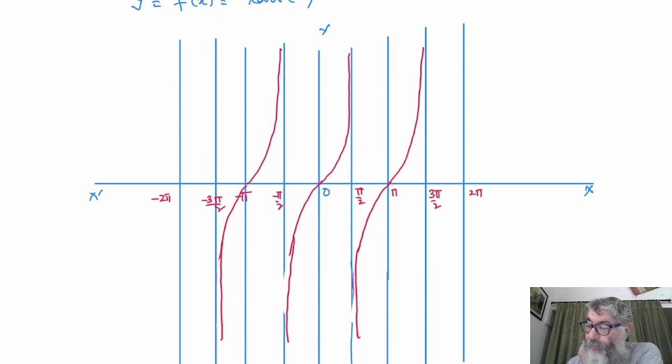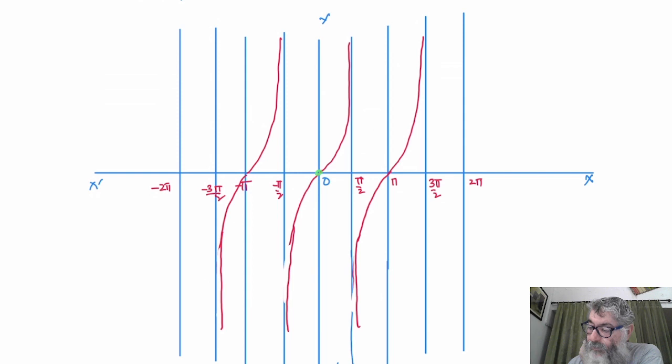At pi it is 0. At how many places is this tan 0? If you notice, tan is 0 here at x is equal to 0, at x is equal to minus pi, at x is equal to plus pi, x is equal to plus 2 pi, x will be minus 2 pi. That means it will be passing through these points wherever it is n pi, where n is an integer.